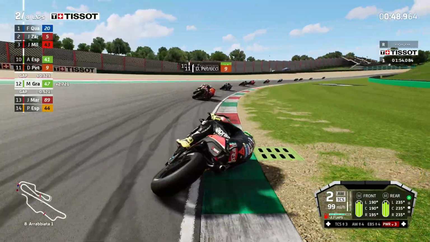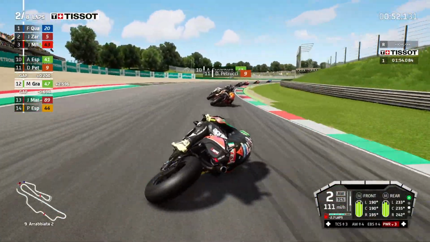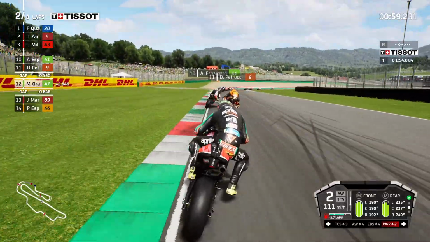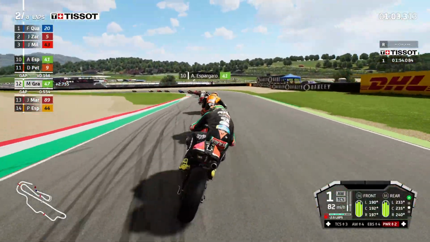Right-hand side for Arrabbiata 1. There is Aleix Espargaro. He has gone absolutely backwards. He has made a terrible, terrible mistake going into San Donato, and that has cost him so many positions, and he's about to lose another one to the Tech 3 KTM rider Danilo Petrucci, who is just stalking him, waiting